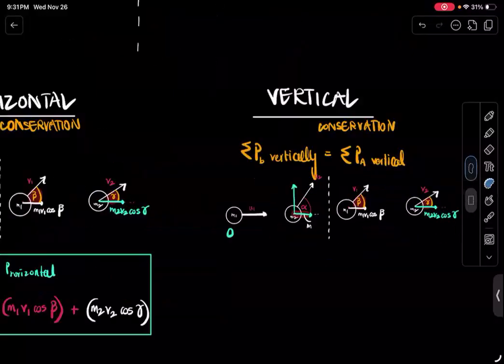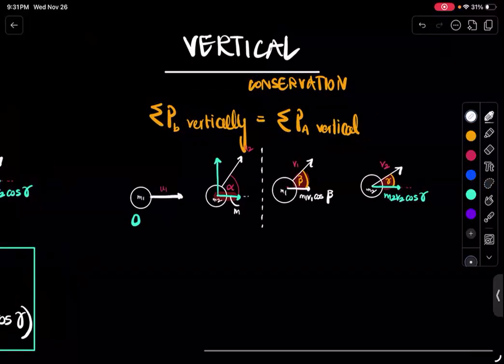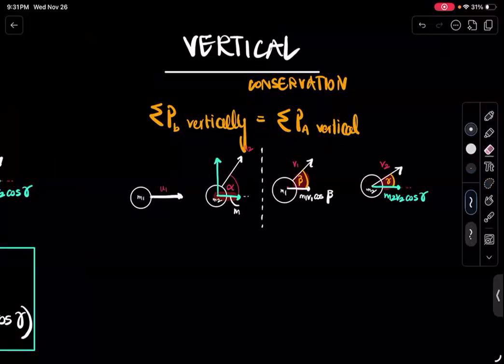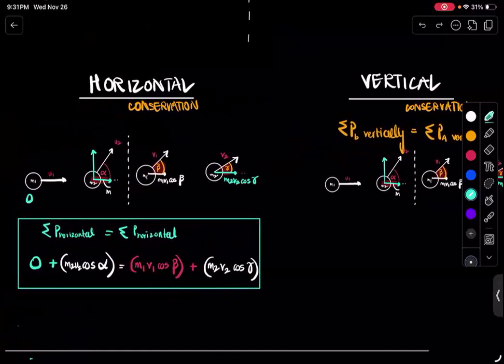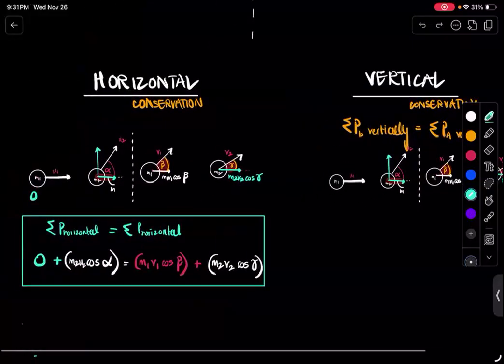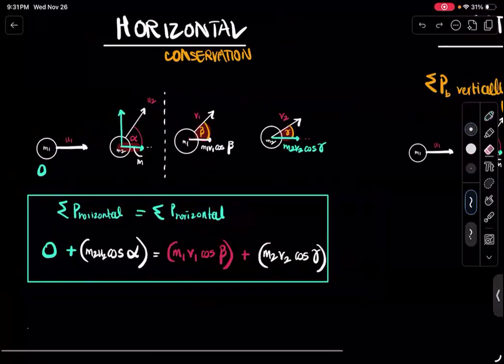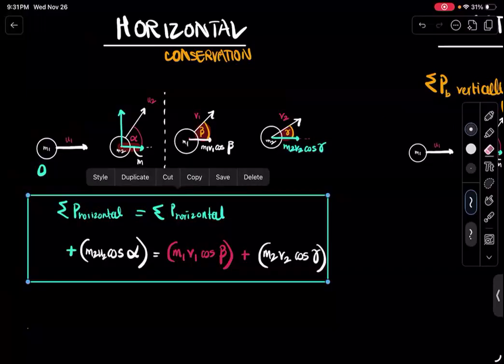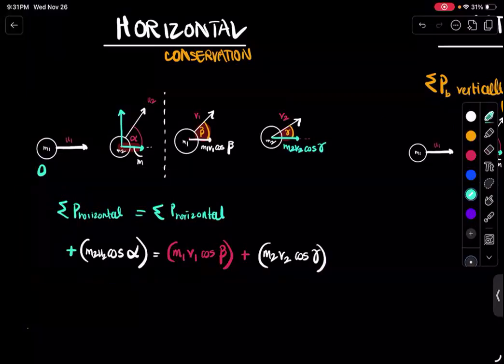Okay. Now we'll talk about only the vertical components. What is the vertical component of M1? It's just M1U1. Why? Because it only has... no, wait one second. I think we missed something. Horizontal. Oh, yes, sorry. This was horizontal. So this had M1U1. Why? Because this was horizontal. We missed that, right? So this is just horizontal. So that's why this is going to stay as it is, M1U1.